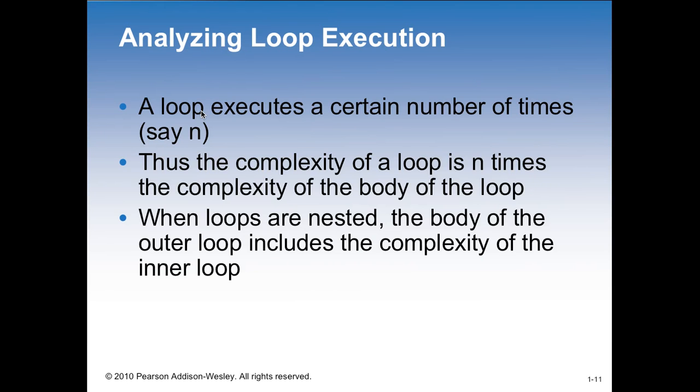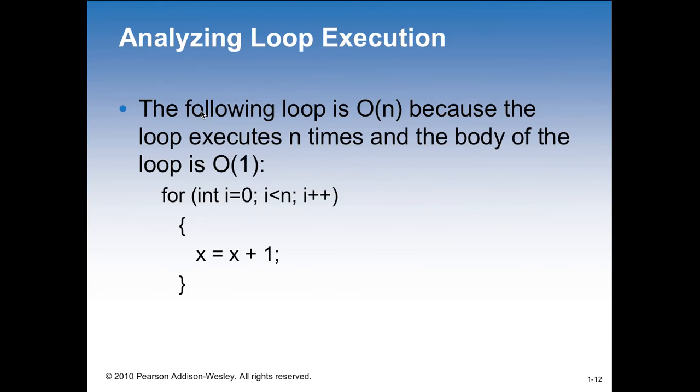So analyzing the loop execution, here's an example to put this into perspective in terms of what we want to do. The loop executes a certain number of times, let's say n times, and we're going to count the number of loops. Thus, the complexity of the loop in terms of n times is the complexity of the body of the loop. When loops are nested, the body of the outer loop includes the complexity of the inner loop. If we take the example a little bit further, we can say this is O(n)